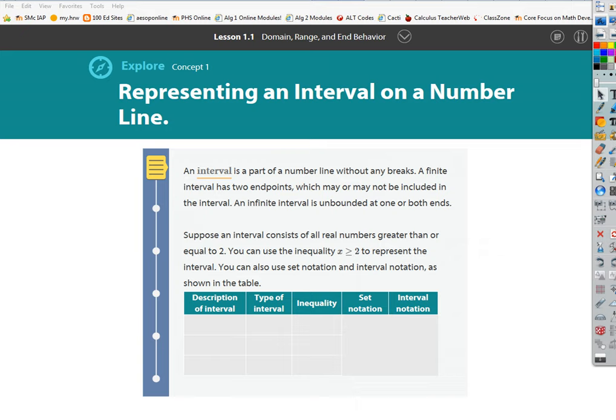So one way to define an interval, we looked at some graphs at the end of the period yesterday. An interval is just a part of a number line without any breaks. Okay, plain and simple. That's an interval. What do you suppose, without staring up here for a second, what do you think the difference between a finite interval and an infinite interval would be? Like an infinite interval,